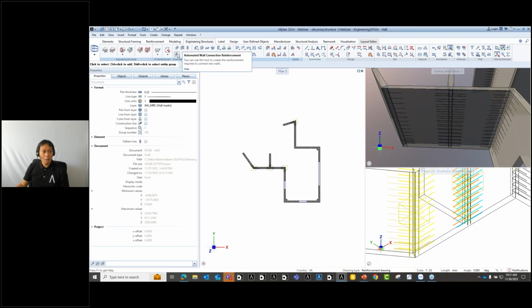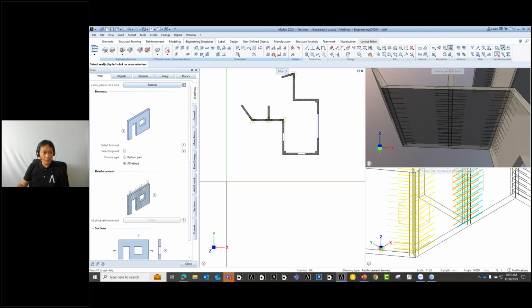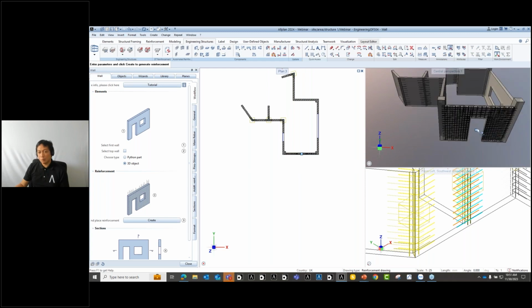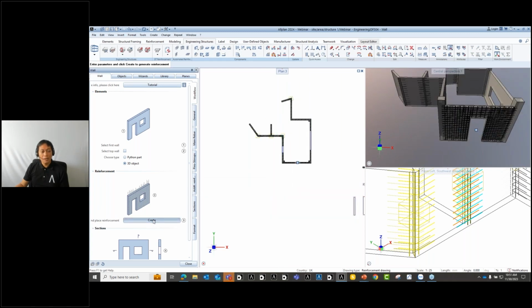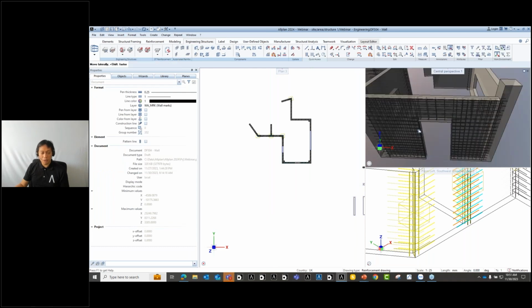Of course, along with the wall connection, you can also have the wall property, automatic connection, automatic reinforcement. You can also have this available. So just create, and then you will have your reinforcement on your walls. Okay,